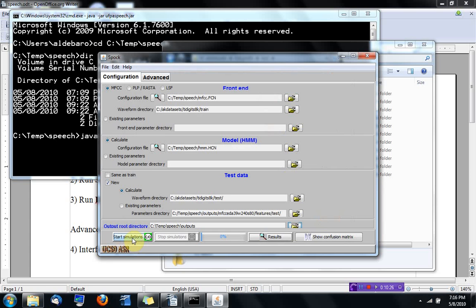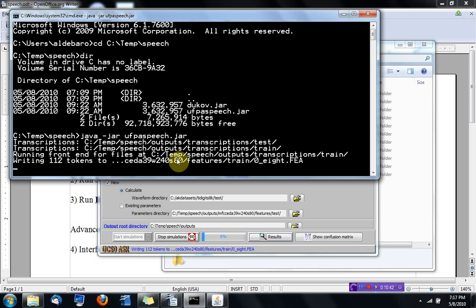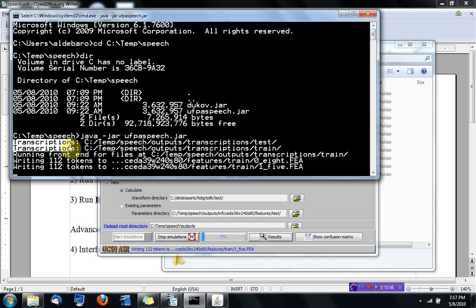When I make all the options valid, this button goes green, meaning that I can start the simulation, and it's just a matter of pressing start, and it's going to run the front end first and then train the HMMs. You can see the slider bar indicating the status, and also you can look here. For example, it wrote the transcriptions to this directory, outputs transcriptions, both for the test and the train sets. Now it started running the front end, and